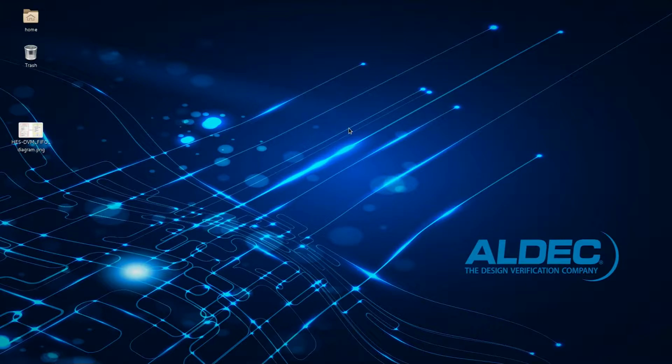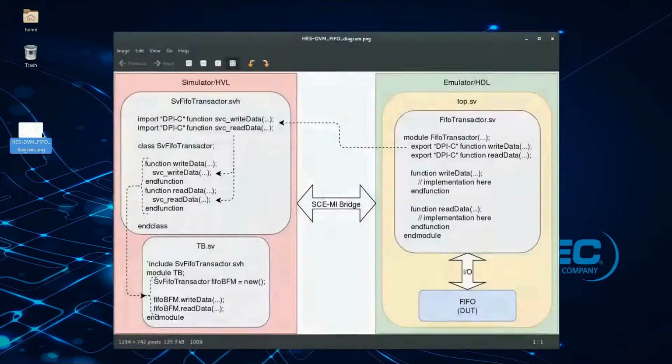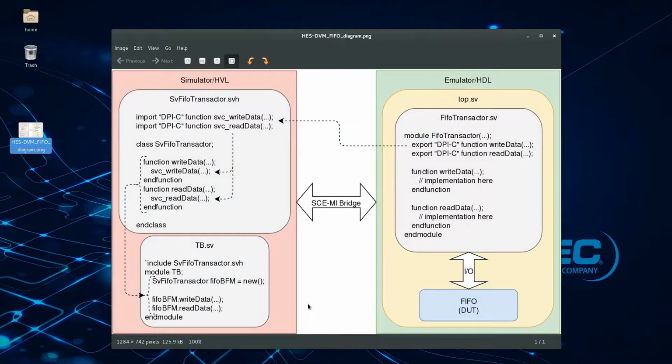We'll first begin by talking a little bit about the design and the test bench. Here we have a diagram which provides a basic overview. We have our FIFO, which is our design under test. It's connected to a bus functional model. This bus functional model implements write and read functions to stimulate the FIFO. Both the BFM and DUT are instantiated by a top file,